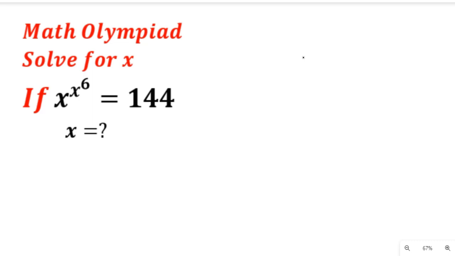In our video tutorial today, we are going to look at the solution to a maths Olympiad question. And we are asked to solve for x if x to the power of x to the power of 6